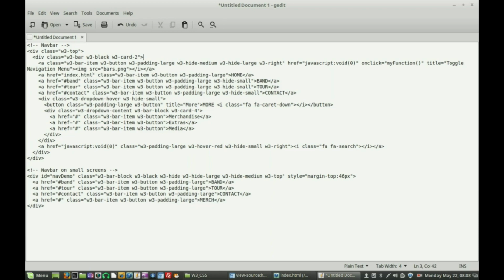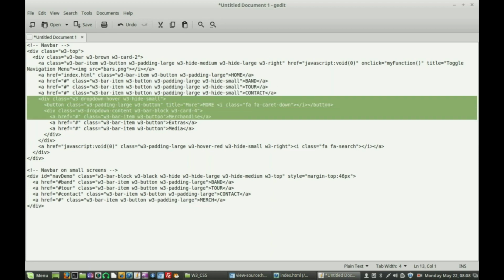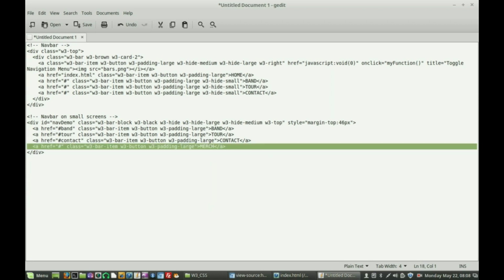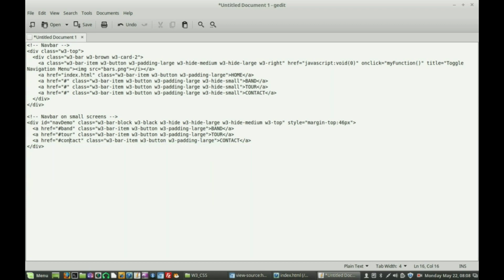The other part up here is that it's black. We want it brown, B-R-O-W-N, and there may be some other changes we need to make down here. It's not called band anymore. We've got that one, and that one. And then there's a few extra drop down parts which I'm not interested in either, so this is all going to go. And there's a search one there, and that's going as well. So we've taken it back to there. The merch one can go as well. The contact,